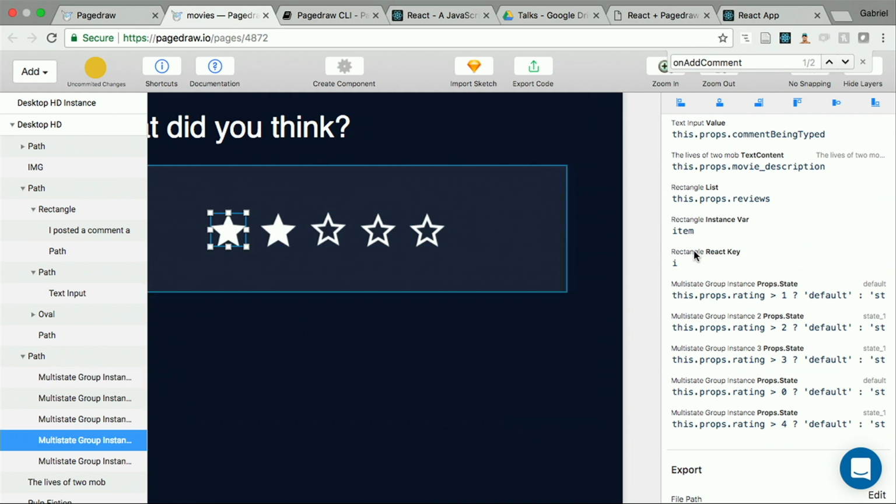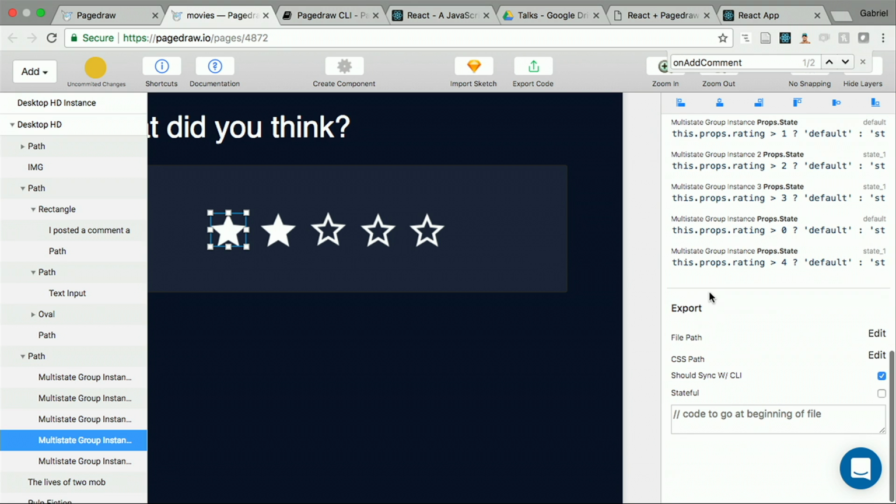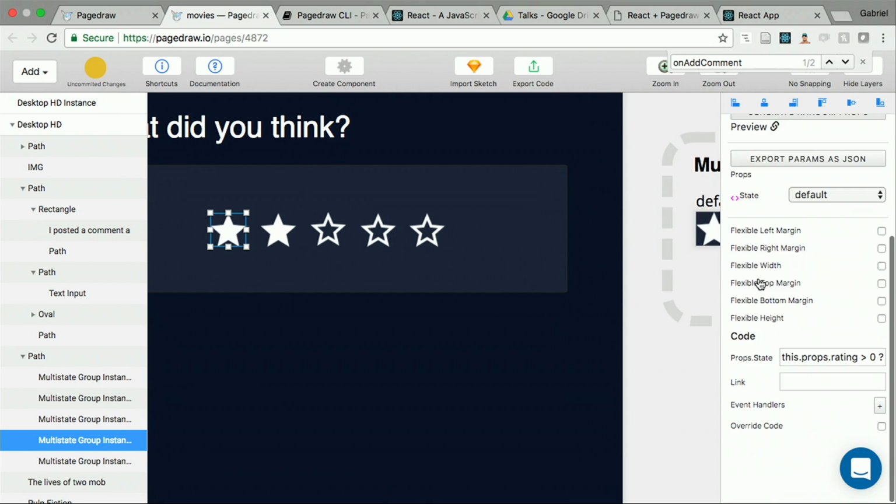Very simple. So my on-click handler, again, in the draw sidebar here, I can do event handler on-click. This one is going to be a little bit more interesting than the others because I can't just say this.props.setRating or something like that, because I need to know what to set rating to, and it depends on which star it is. I could have 5 functions for each of the stars, but that would be kind of not ideal. So what I want to do is actually have a function that